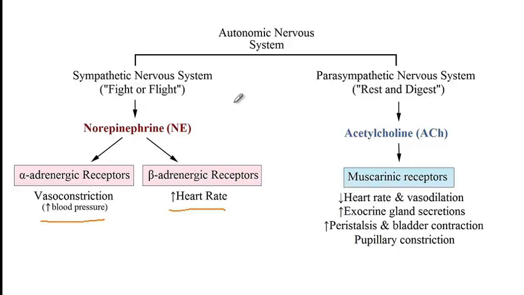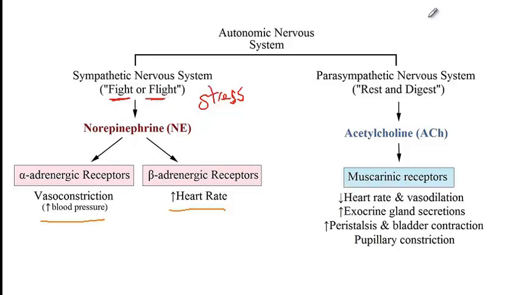The other division, on the other hand, is the parasympathetic nervous system, and is called rest or digest response. And the difference between these two systems is that the sympathetic nervous system is being activated once we are under stress, and norepinephrine, by increasing our heart rate and by increasing our blood pressure, is basically preparing us for any potential danger that we are encountering. So that's why we say either fight or flight response.